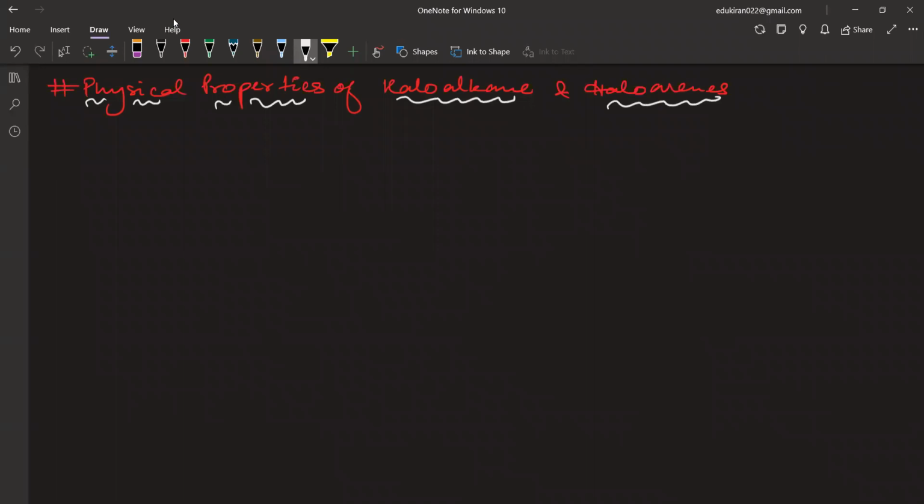In forces of attraction, what do we see? We see that there should be hydrogen bonding and there should be the dispersion forces and so on. But haloalkane and haloarene, what are these? These are slightly polar, right? These are slightly polar. So please write